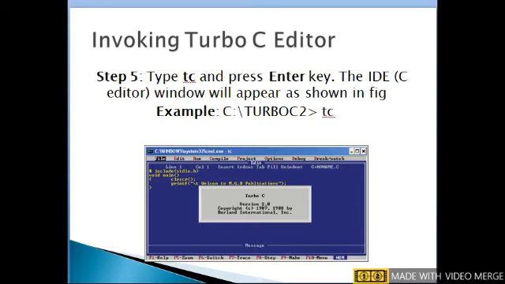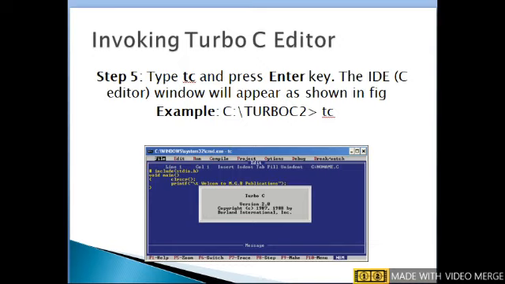Step 5. Type TC and press enter key. The IDE C editor window will appear as shown in the figure below. For example, the command prompt displays c:/turbo c2.